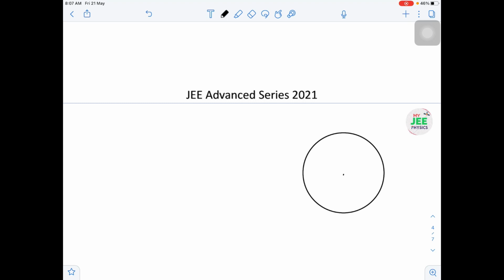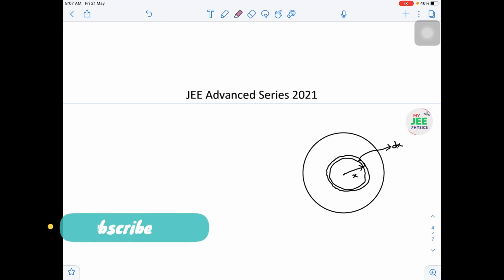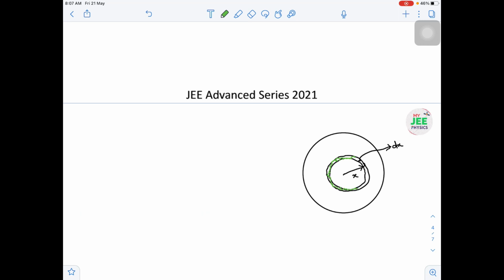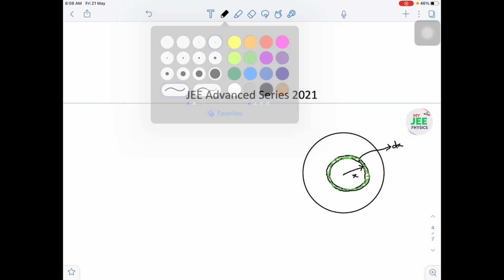To calculate the energy stored in the disk, what I am doing is I am taking, at a distance of x, one small elemental ring of thickness dx. Now let us calculate the energy of this ring element, then I'll go for the energy of the disk. So hope you understood. I want to find out what is the charge in this elemental part. If I know the charge and I multiply with the potential, then I'll automatically get the potential energy value. So that is my idea.